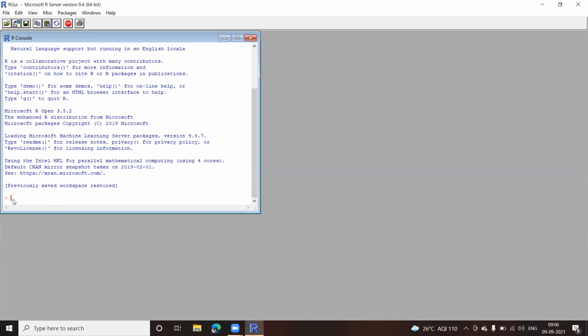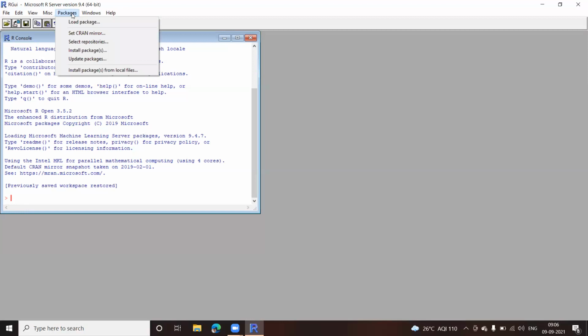Fine. Now, the first step which you're going to follow is to load a package called R Commander, and it is written as RCMDR. To open this commander prompt, we are going to go to the packages option. We see there's an option called load packages.